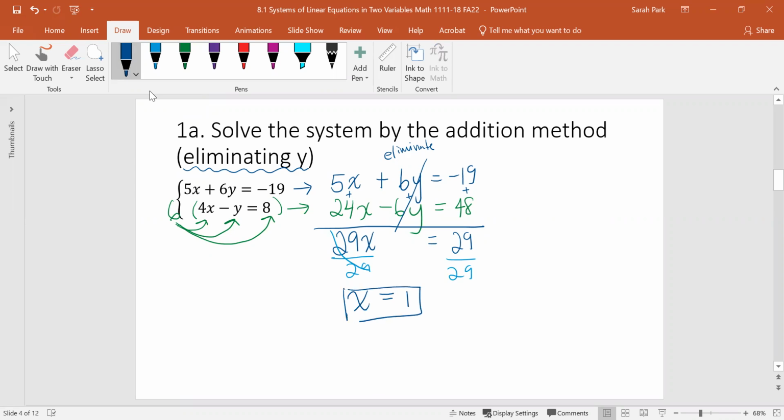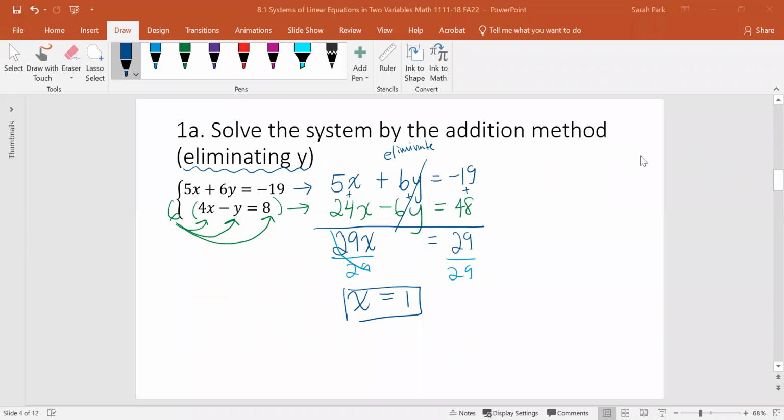Now, after we get this 1, we want to solve for y. We can solve for y by plugging it into either the top or the bottom equation. Which one? It really doesn't matter. You can choose whichever you want to plug it into. Okay, so let's just substitute into the top equation. The top equation is 5x plus 6y equals -19. So we're going to plug in 1 for x. So we have 5 times 1